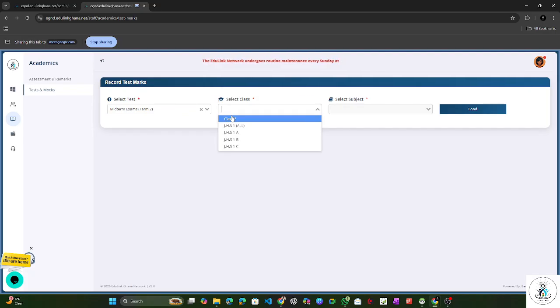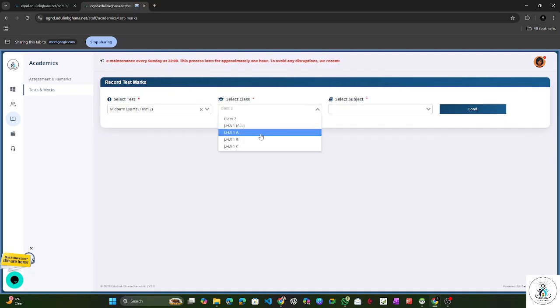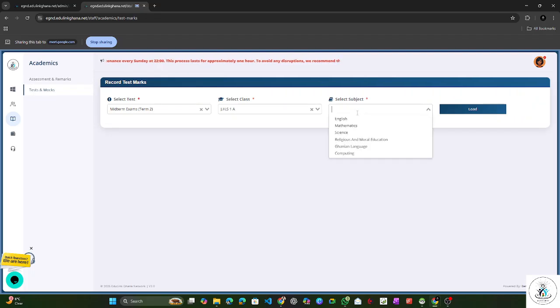So they won't be able to record for any other classes except the classes they teach, if those classes fall within the test. So this teacher teaches class 2, JHS 1 to the whole of JHS 1, ABC. So he's coming to record for, say, class 2. Now which subject? This teacher, she is a class teacher for class 2, that's why she's seeing all the subjects. If I select the JHS 1, say JHS 1A,